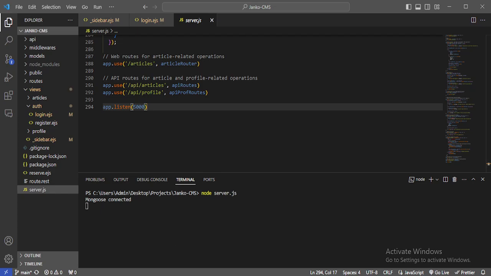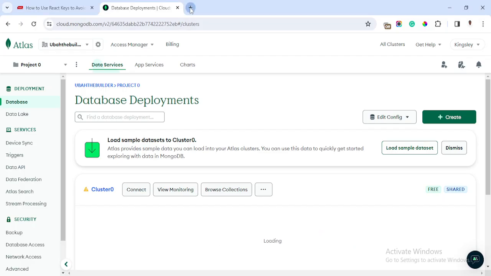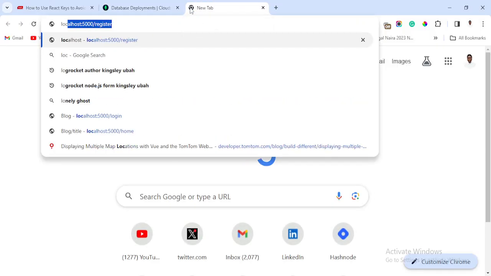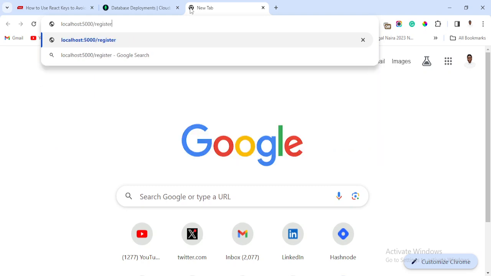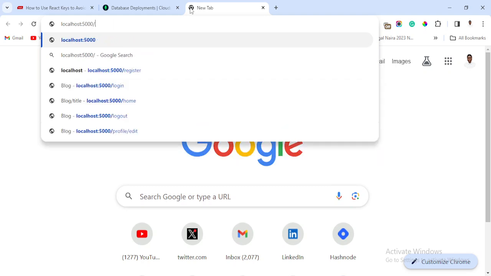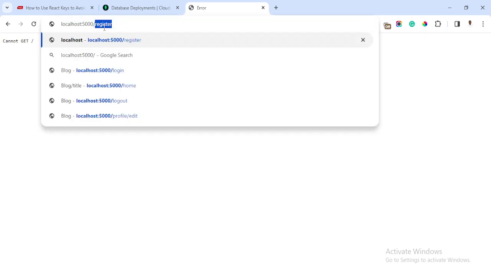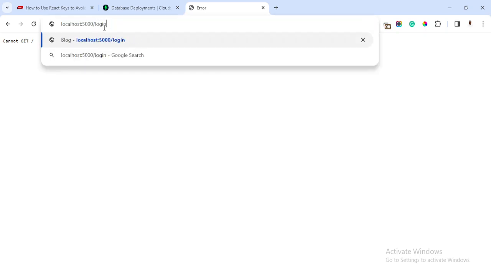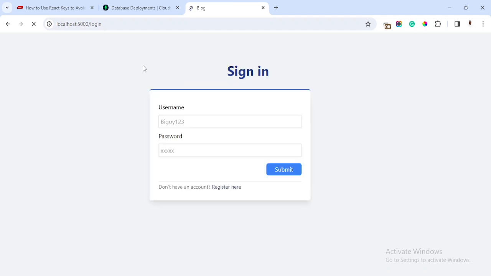What this means is that I have to go to my browser, open a new tab, and go to localhost:5000. Right now I have to go to the login page. This is where you access the login page so you'll be able to log into the application. So I click on login, and as you can see here,